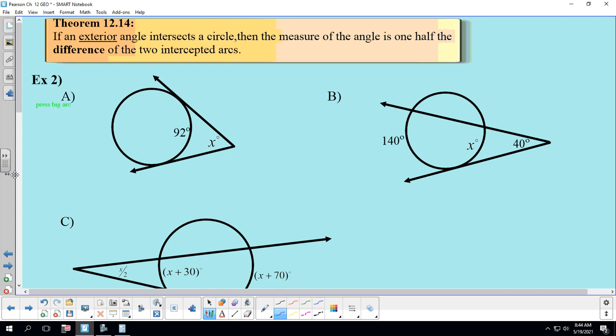Let's move on. Theorem 12.14: if an exterior angle, he's on the outside, intersects a circle, then the measure of the angle is 1/2 the difference of the two intercepted arcs. So let's write that. Let's just make a formula for that because sometimes the words are a bit much. So if we have, if an exterior angle intersects a circle,